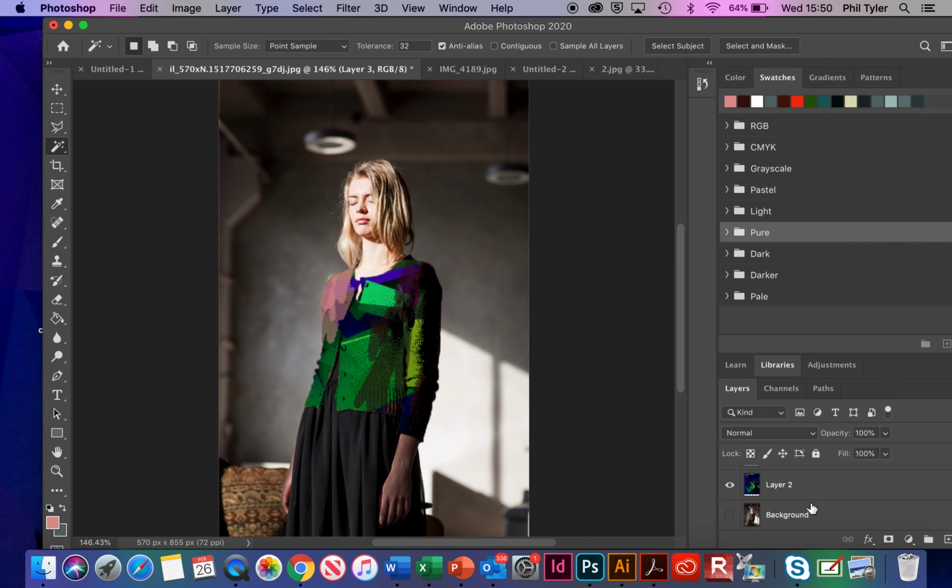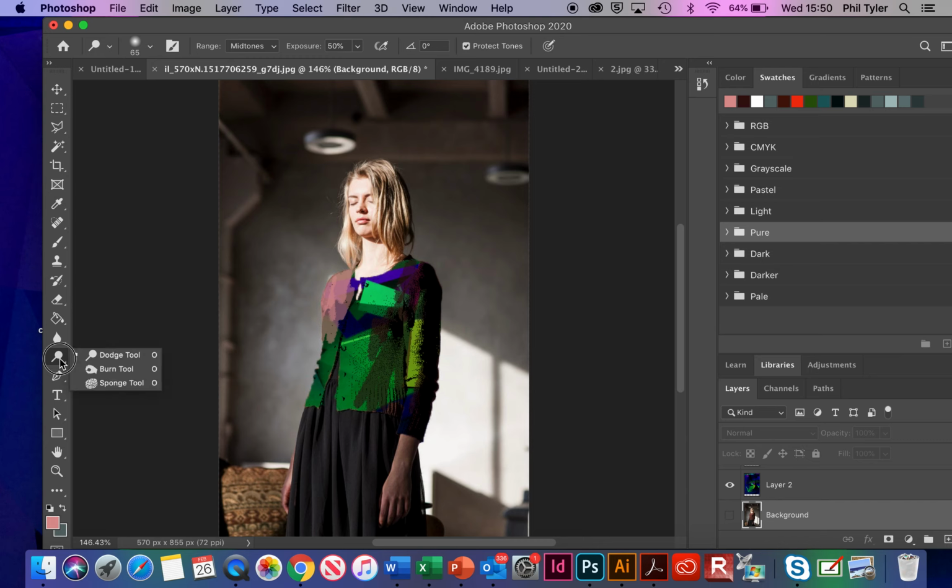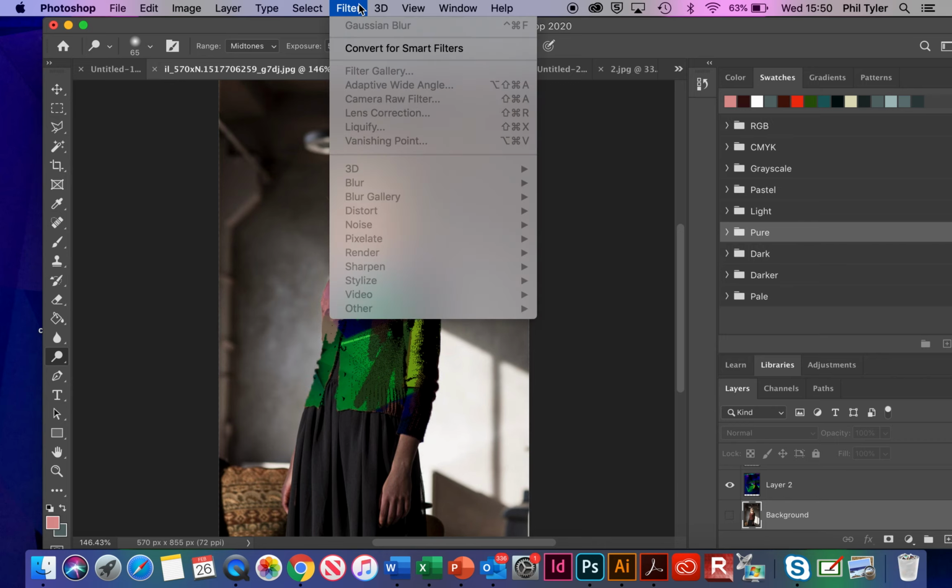I could have also used the dodge and the burn tool. So the dodge tool and the burn tool are over here. The dodge tool would allow me to lighten parts of the photographic image. The burn tool would have darkened parts of the photographic image, but obviously that's changing the original photograph. I could also decide at this point to apply an effect to the photograph. So I could decide to